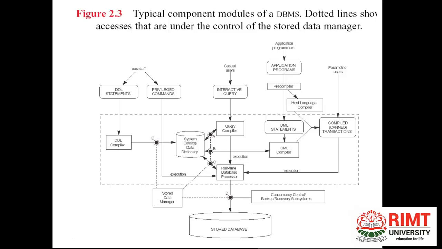Clear? So here you will see one thing: privileged commands. It will be in the last chapter, but I will tell you in brief what a privilege is. For example, in a DBMS there is a facility that one user can create another user. For example, if Adil has created a user, Ajay Kumar, and Ajay creates a user Anushka, and then Anushka creates another user, Hajik.